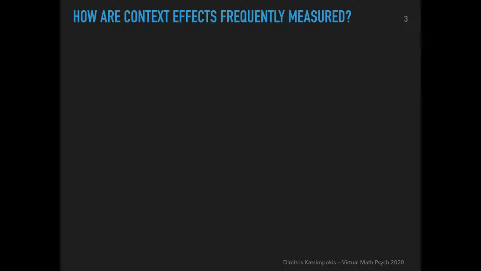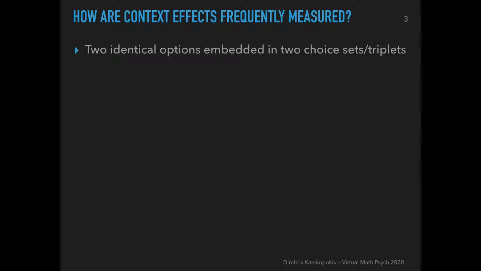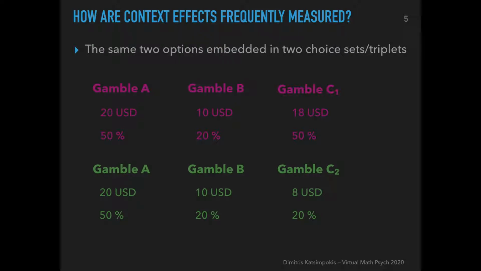In multi-attribute environments, context effects are frequently measured by having two competing options embedded into two different choice sets. Here, for example, you can see an example from the domain of risky choice. Both gambles yield a specific amount of dollars with some probability. In this choice set, a third option is introduced, C1, which is similar but inferior to gamble A. Then the same gambles A and B are embedded into another choice set, but here gamble C2 is similar but